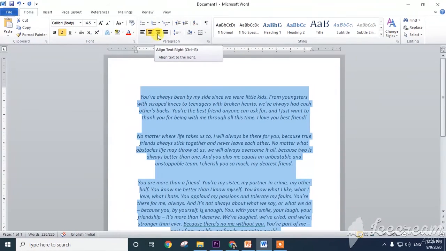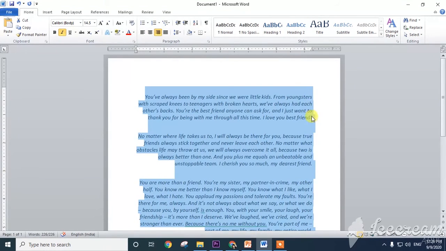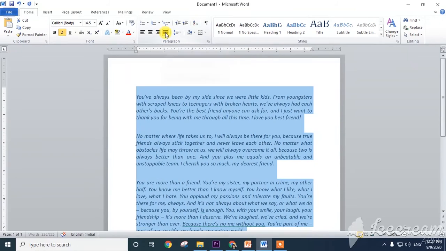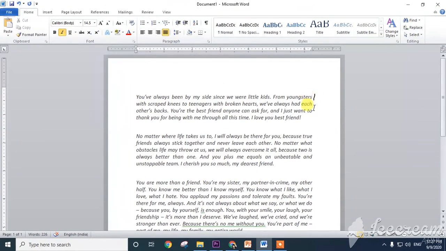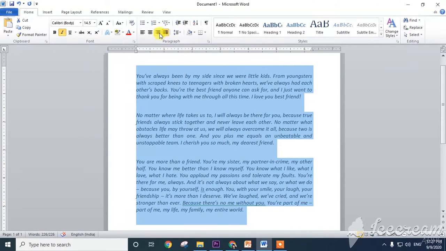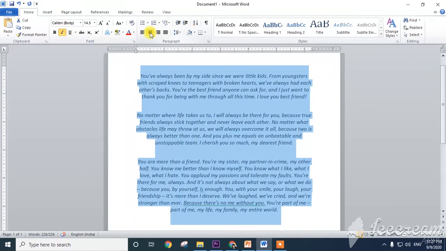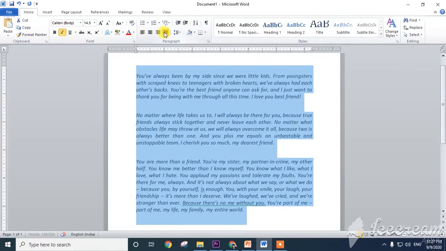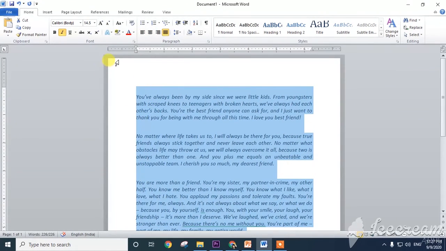And if it is right, see all the paragraph starts from the right side only. And it is called justify. That means both left side and right side are given equal space. In this way we can align our text. Here middle, center, and this is left. This is called justified. And next one is drop cap.